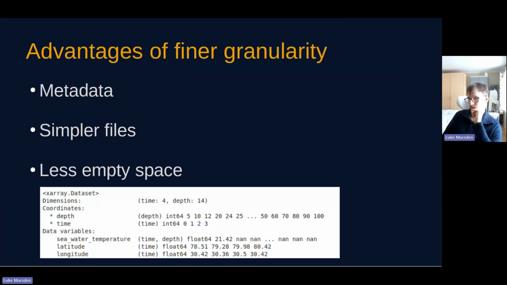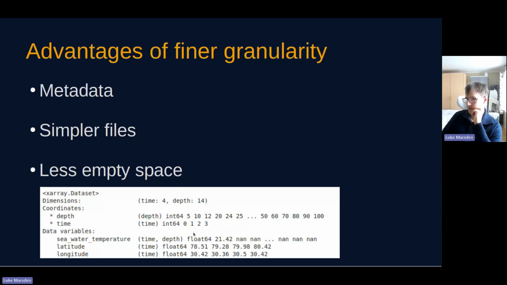Let's say you have 4 different depth profiles. Your depth dimension and also the coordinate variable need to encompass every single one of those depth profiles. Now, the problem is you might not sample the same depth for every single profile.